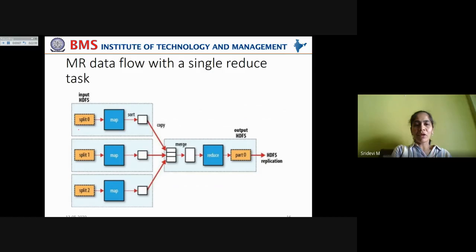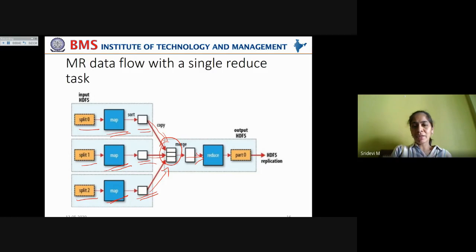In this case, all these input splits are passed on to the map function, and these provide the sorted data in key-value pairs, which are copied to be merged and given as input to the reduce phase. For passing the outputs of the map task to the reduce task, it utilizes some bandwidth, but not much more than the HDFS write process.